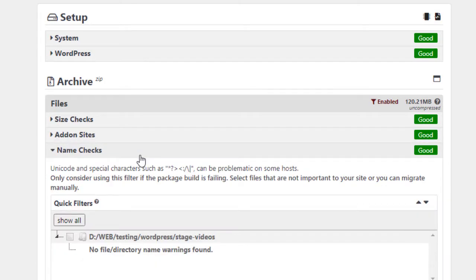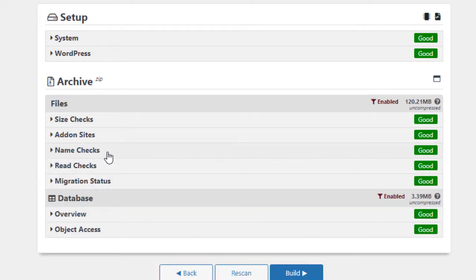The next section is name checks. Now, this isn't much of a problem for the newer PHP 7 versions and above, but for some of your PHP 5 versions, you might run into issues with Unicode file UTF issues. So if you see any of these and you're running an older version of PHP, you don't necessarily have to check them. Typically what we recommend you do is, even if this is a warn and you're on an older version of PHP, try to run the build and then run your install process. And if you run into issues, then come back and filter out these particular checkboxes if they do show up, and that can kind of help with your build process,